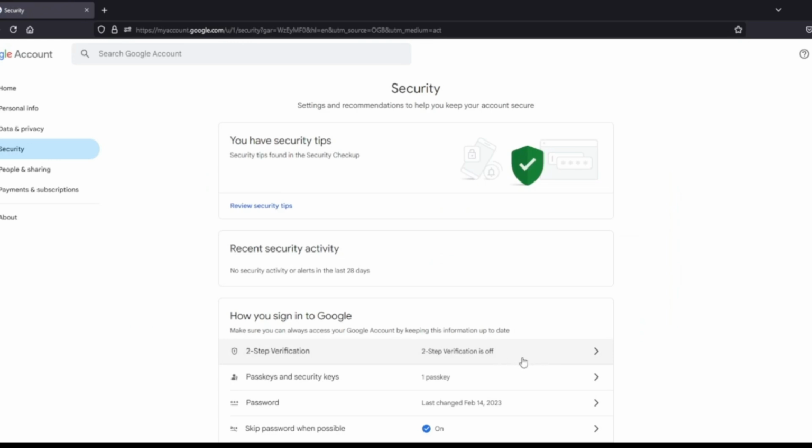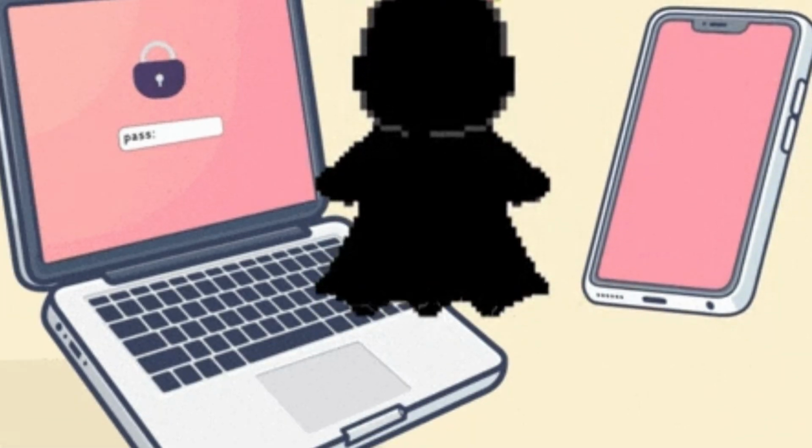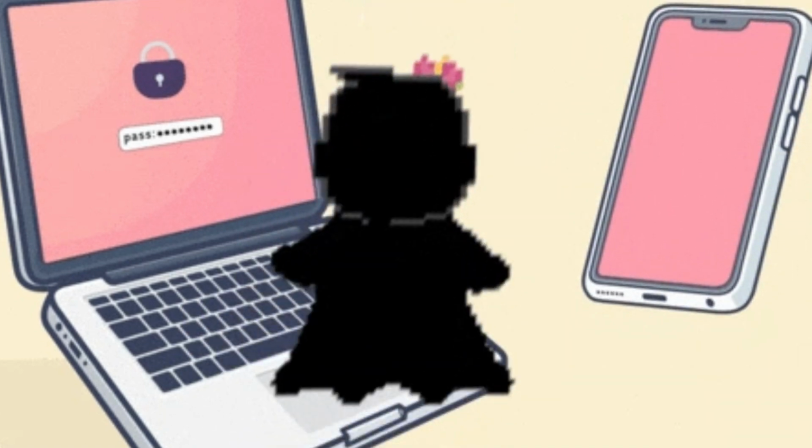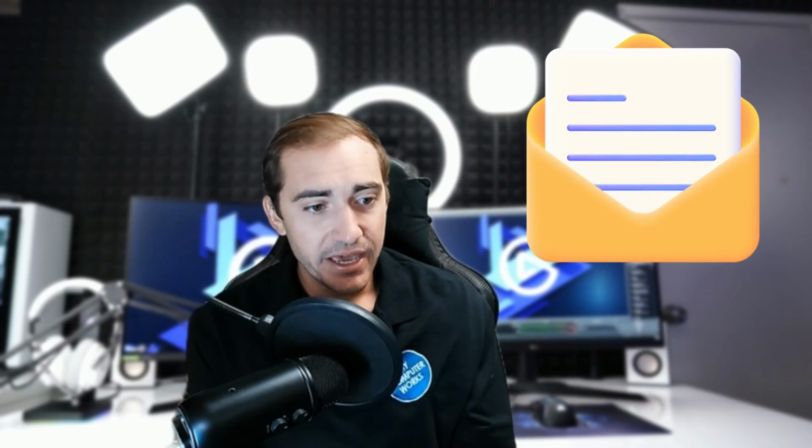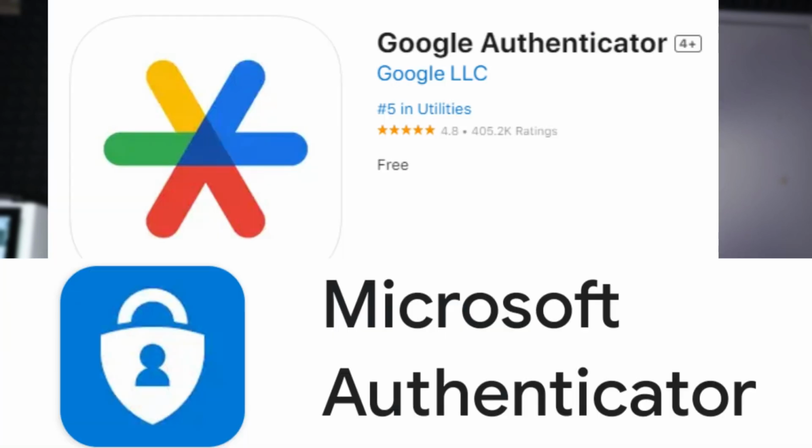Now, you'll most likely want to have a cell phone handy because a lot of people opt to have codes sent to the phone. It's a great method. Again, they would have to steal your phone from you or SIM hijack you to be able to get those codes that are going to your phone. You use that method, it's very secure. Email is better than nothing, but at the same time, email can definitely be hacked or taken from you, and they could get that code from the email. So cell phone's a little better,